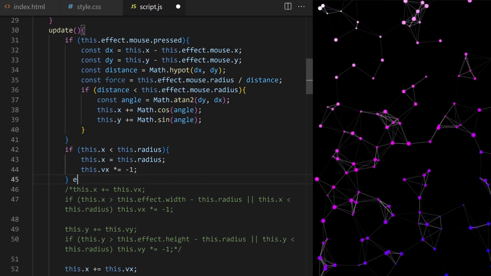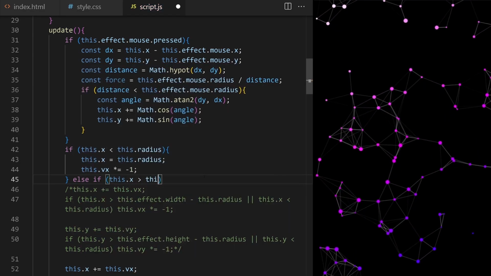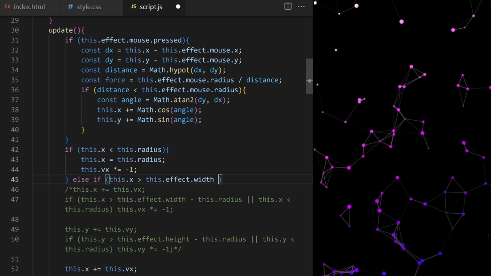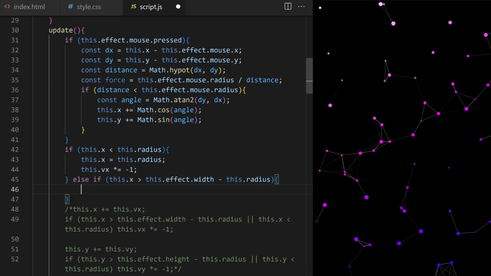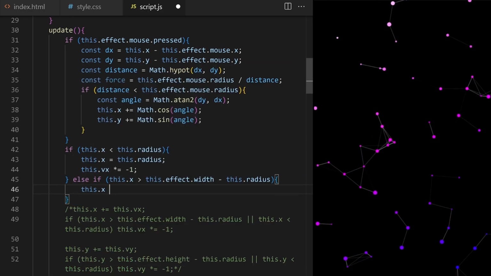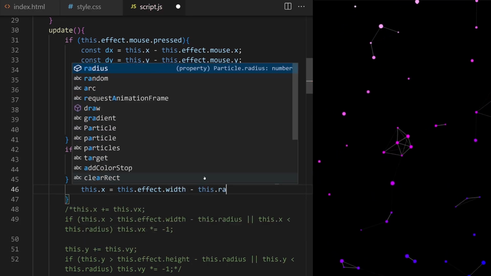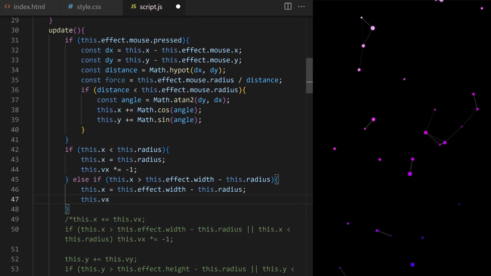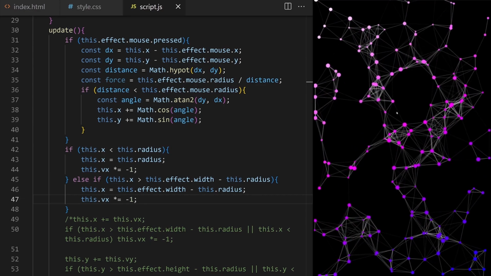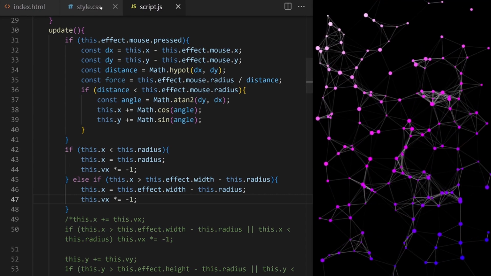on the left edge. Let's do the same thing for the right edge. I can use else if here because particles can't be both close to the left and the right edge at the same time in the same animation frame. Else if horizontal position is more than width of canvas minus radius of the particle, meaning that the right edge of particle circle is touching the right edge of canvas, we make sure it can't move any further right, and we flip its horizontal speed to its opposite value, making it bounce and move to the left. If I try to push particles on the right edge here, I see they can't be pushed outside of canvas